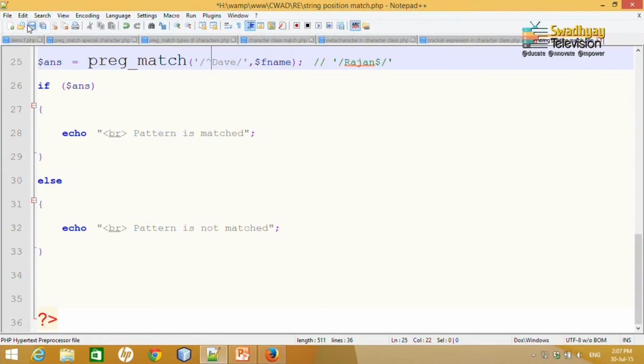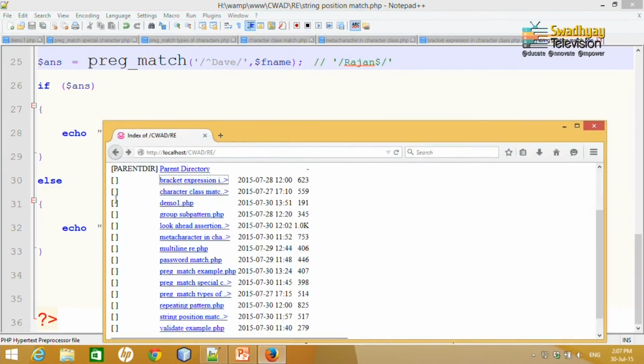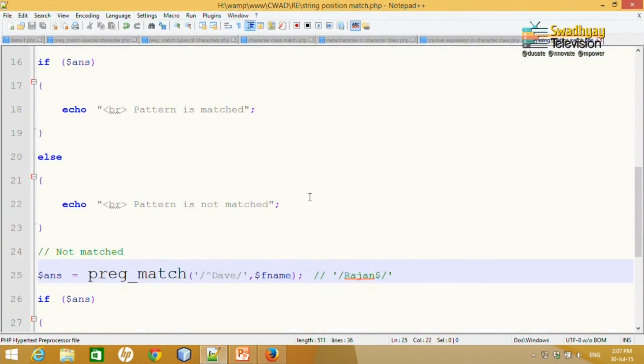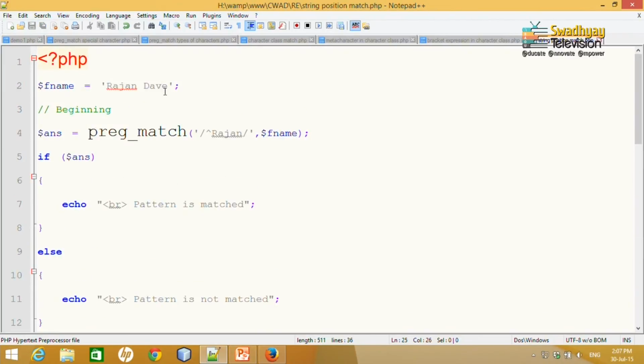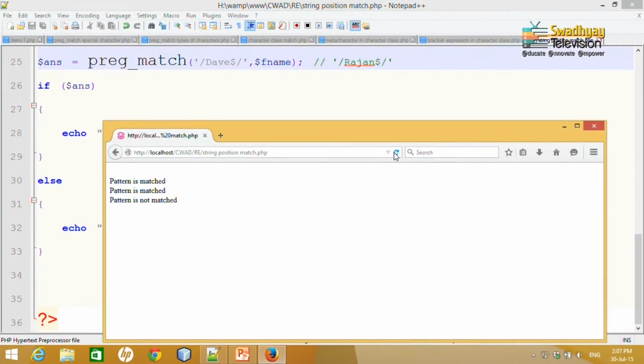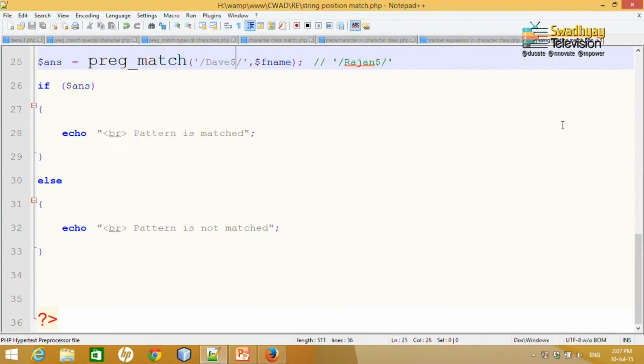So just look at this one. I just open this file. So it is pattern, first two are match, but third one is not match. For the way, if I put just dollar here, then it will match, because the name is at the last at the string. So if I reload this, now pattern is match.